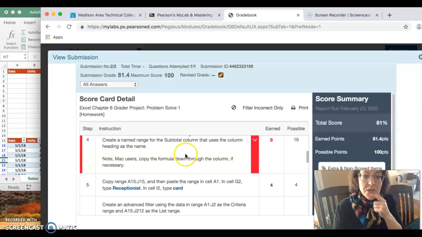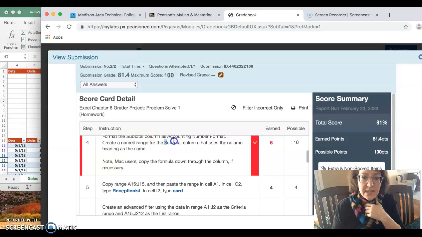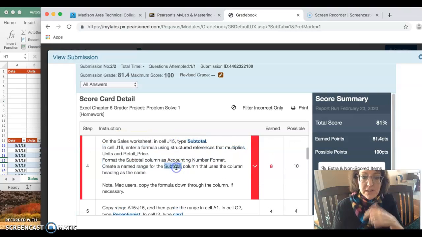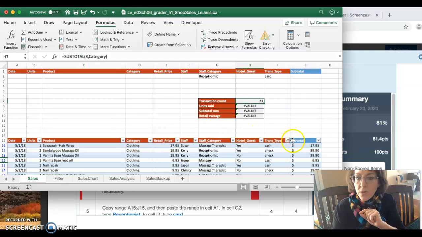Oh yeah. Oh, you know what? Step 4. Excuse me for step 4. While you're doing this, I forgot to look for your name called subtotal. That's what step 4 was. I'm going to go back to your worksheet. So here,